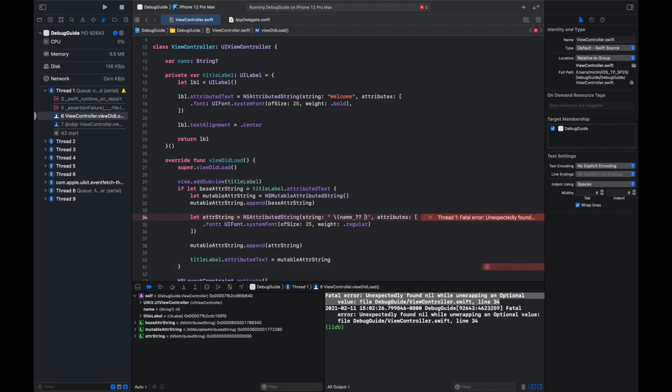So let's suppose in a case of name being nil, we want this expression to give us a default value. We can use the nil coalescing operator (??) followed by the default value, let's say ASCII. And what's going to happen here is that when name is nil, in this case it is, the evaluation of this expression will defer to the right-hand side of the operand, which is ASCII. So if we run it right now,